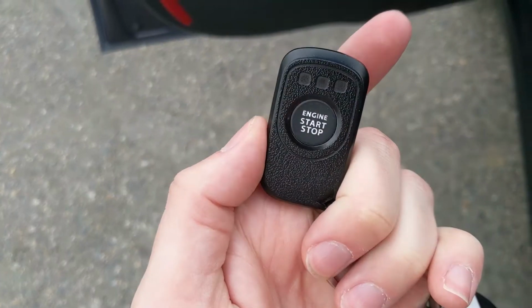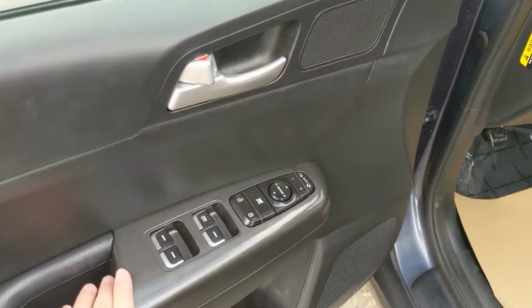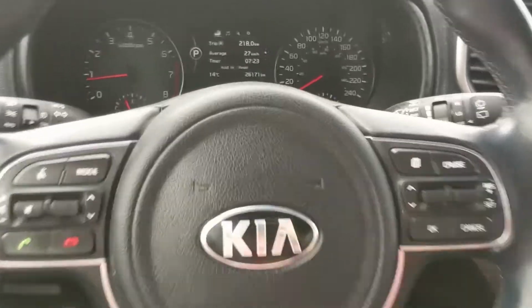This vehicle does also come with a dealer-installed remote start, so no need to go outside on those cold mornings to warm up your car. And looking in, you have power windows, power mirrors, and power locks, as well as a fully power adjustable driver's seat. And now sitting in the vehicle with it running, you can see it's sitting at